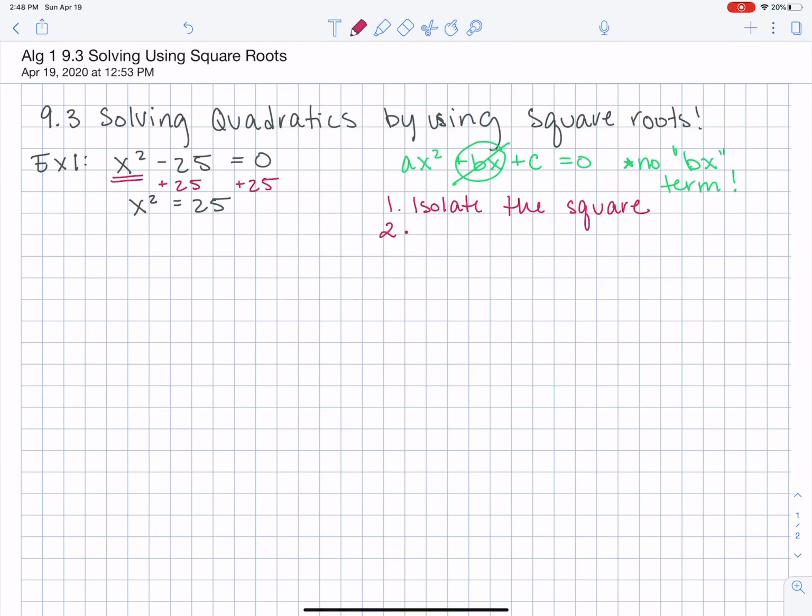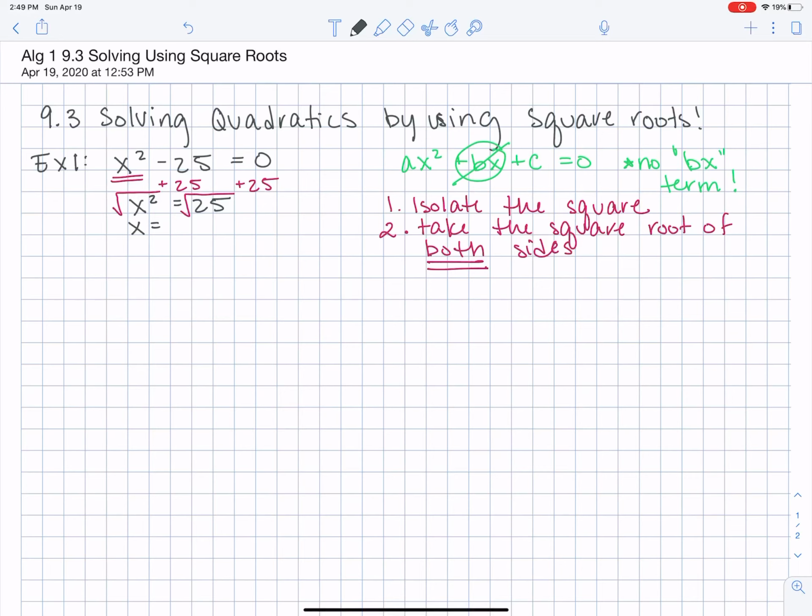And that is that once you've isolated that square, you are going to take the square root of both sides of the equation. And I'm going to underline both there, both sides of the equation. So we're going to take the square root of x squared, and that's because a square root undoes a square. And then you're also going to take the square root of the right side of your equation, or for us, 25. And that means that the square root of x squared leaves us with x,